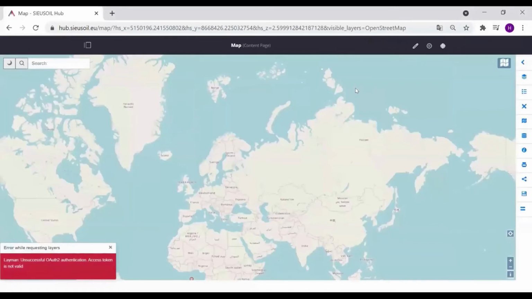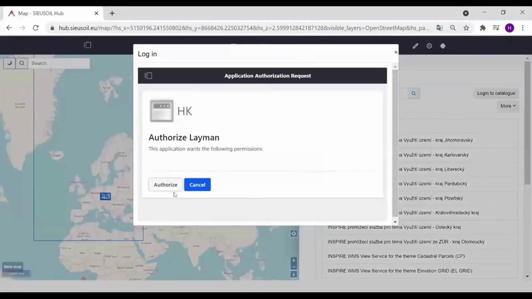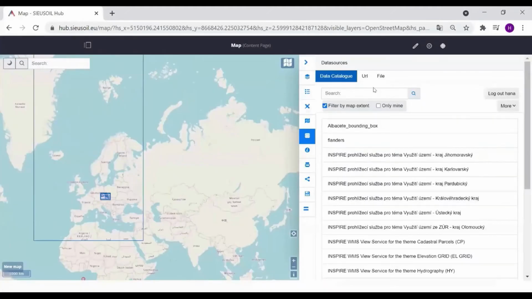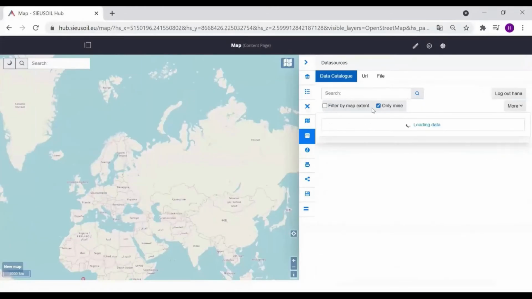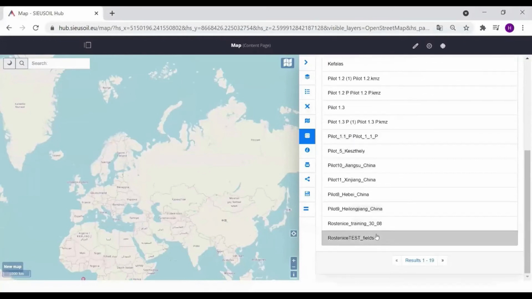If the layer was loaded successfully, then we should find the currently loaded layer in the data catalog. So let's see. What we need to do is to log into the catalog first and authorize. If I select only my layers and go down, I can see the Rostinice test fields layer right here.